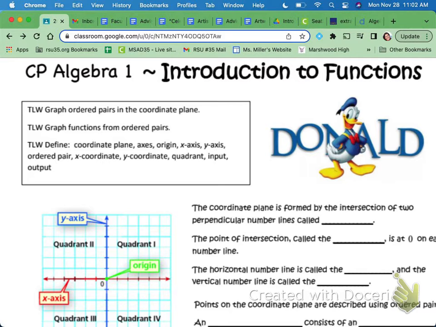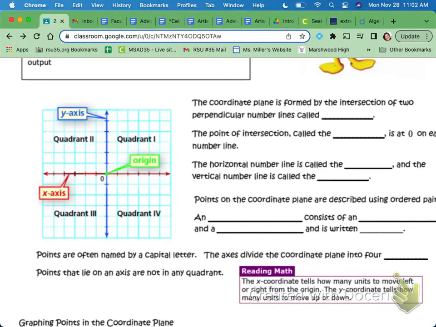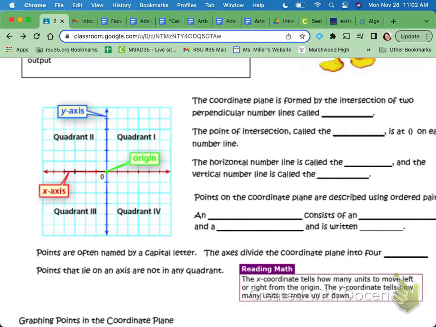Okay, so hopefully this should be a little bit of review from last year. If we don't remember, that's okay. That's why we're going over it now. So when we're talking about functions, we're talking about inputting them onto what's called the coordinate plane. And your coordinate plane is formed by the intersection of two perpendicular lines, which we call your axes,